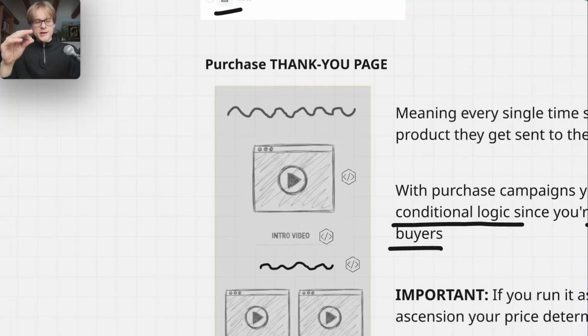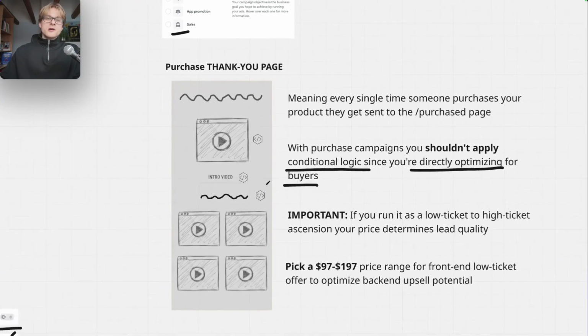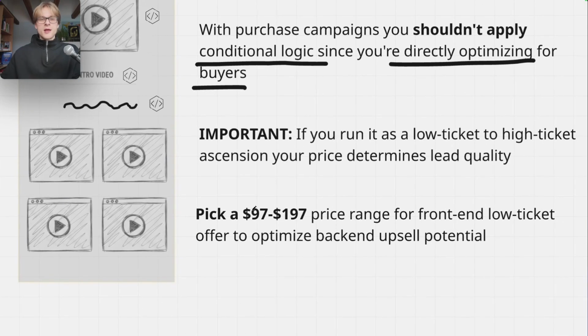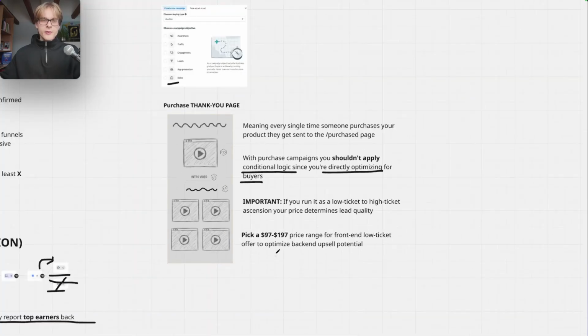By selecting the price and changing the price and putting it in a range of what I always recommend, $97 to $197, you're telling Meta, I want to optimize for people who have at least $97 to invest and who've maybe invested into products that were priced at around this price range in the past, right? Because these people are more likely to upsell on my $400 offer or my 5K offer than someone who just purchases a product for $7, right? So basically your price determines your lead quality.